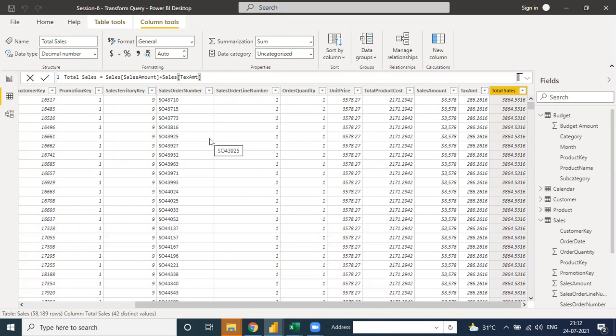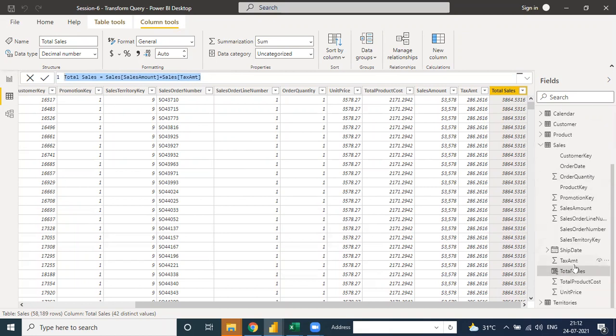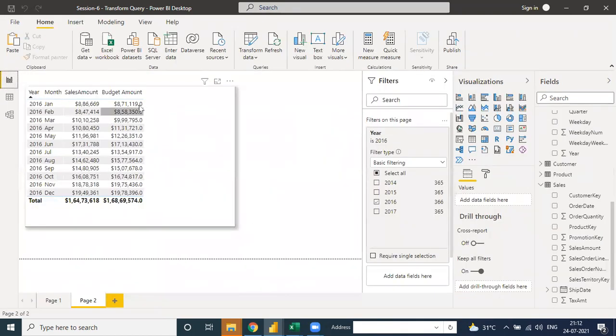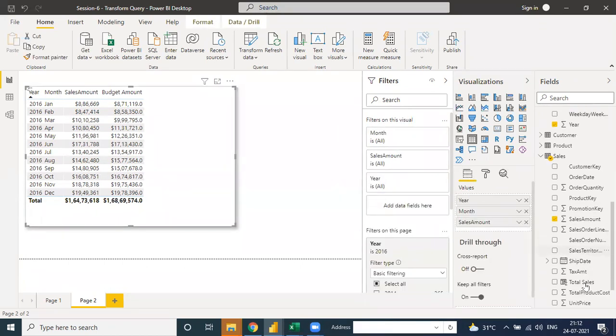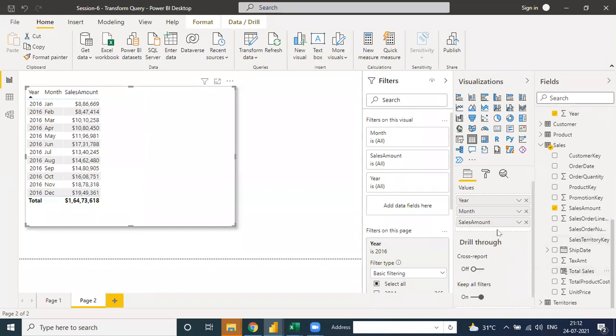Suppose we compare with the measure, like if we connect this formula in the same way with the measure. See, there is a column added into the sales table, the total sales. It is a column added and it's an implicit measure. See, the option here is summation of table. Means we add a new column total sales and it's connected with the total sales. When you go here and remove the budget amount, okay, and put the total sales here.